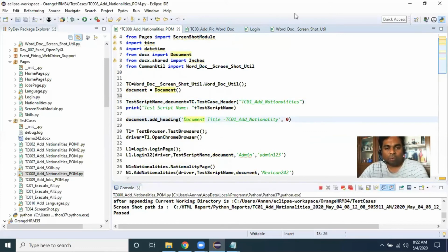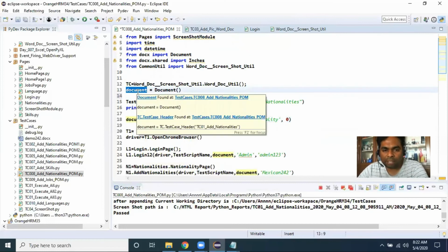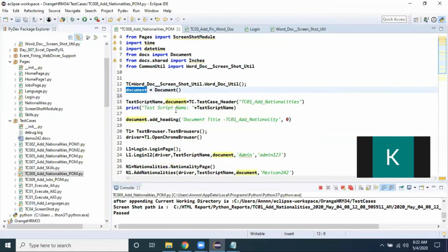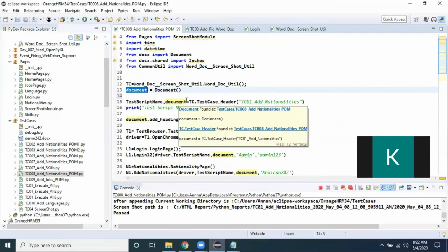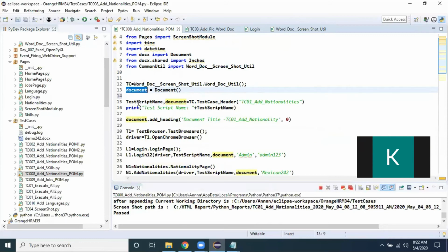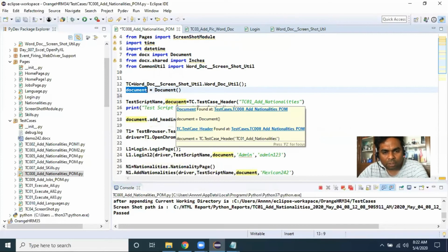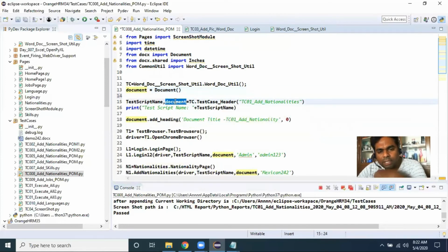So this is line number 13. I have created a document object. But this document object means, one second. What I have written here, document dot add heading.